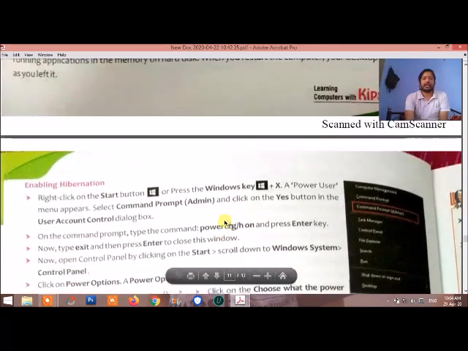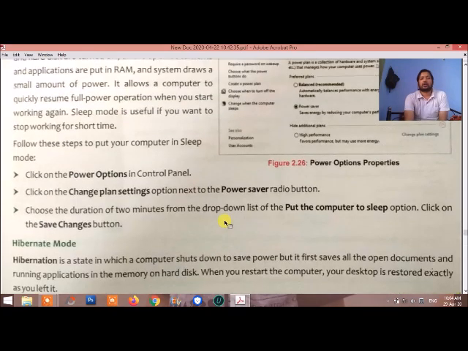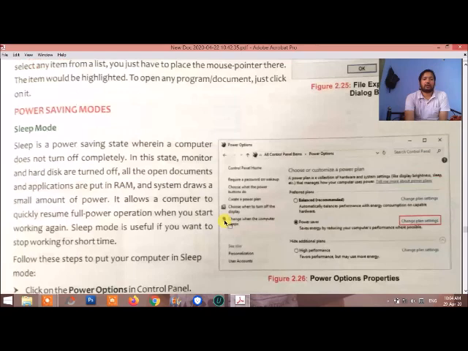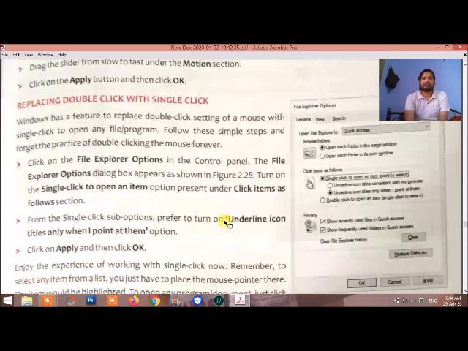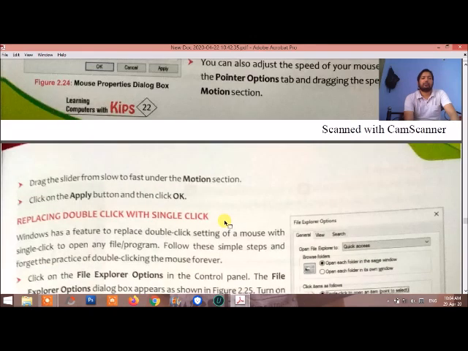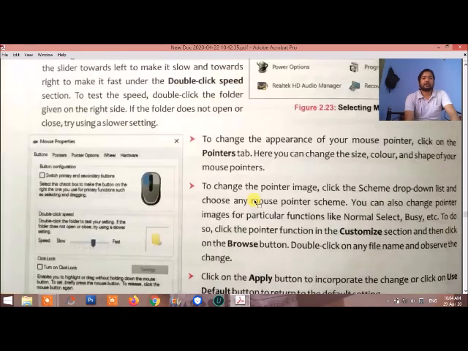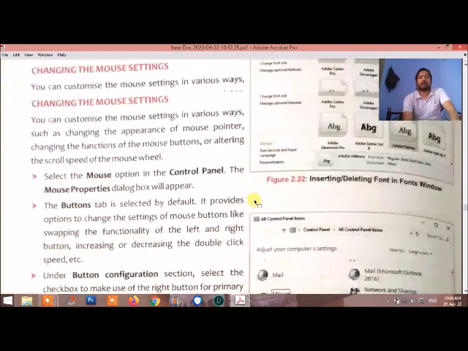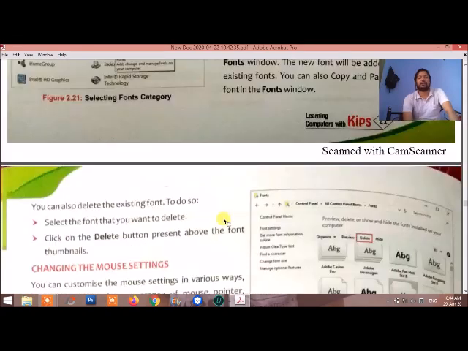This is the last point of the control panel. If you want to discuss more, we'll discuss in the next chapter how the computer works according to the control panel, and how the control panel manages all the systems. In the control panel we can manage the hardware and software, and if a function is not working, we can easily manage it from the control panel.